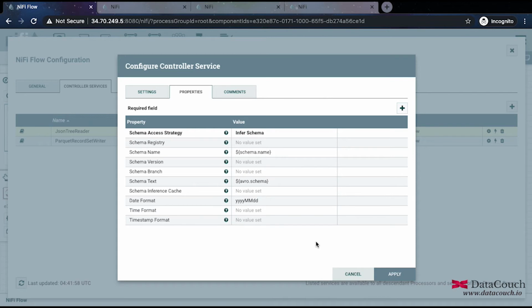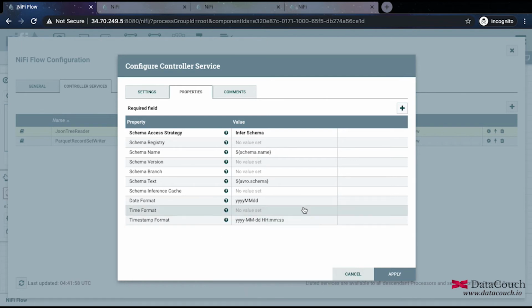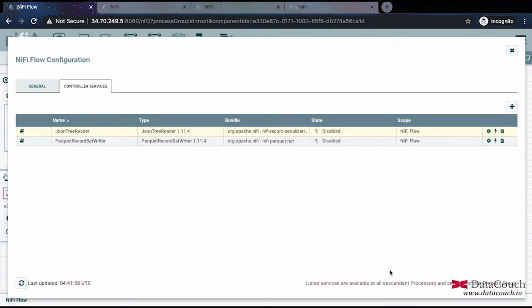Nothing else I'm changing, and I can also specify the timestamp format. So I'm just saying the timestamp format is this. I will specify this also, and let's do hours, minutes, and seconds. This is fine. Okay, so I will say apply.